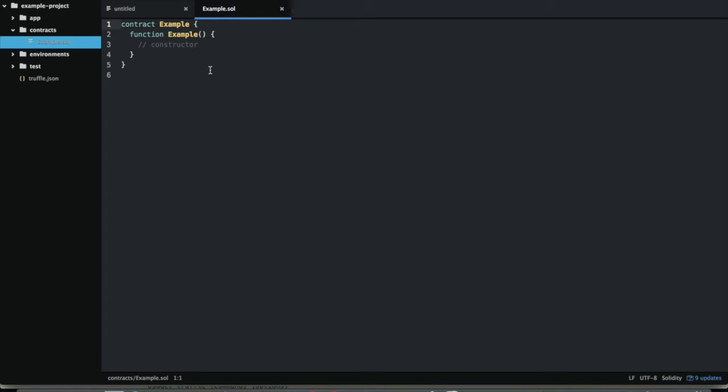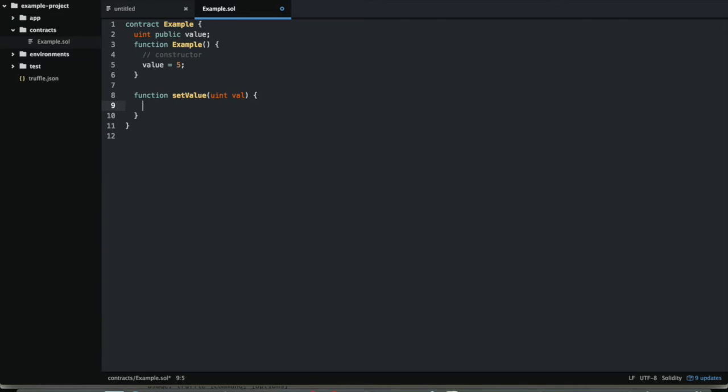This is a contract that doesn't do anything. For the sake of the video, I'm going to make some very simple things. One, it will be uint public value, and value equals 5. So value has a default value of 5, and then we're going to add a new function that allows us to set the value,